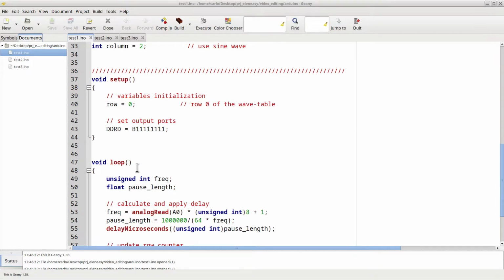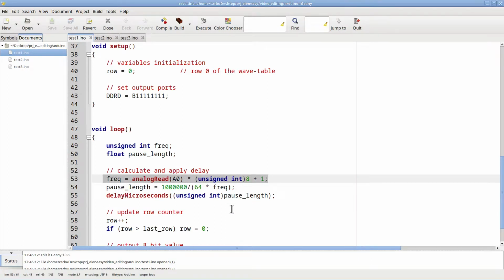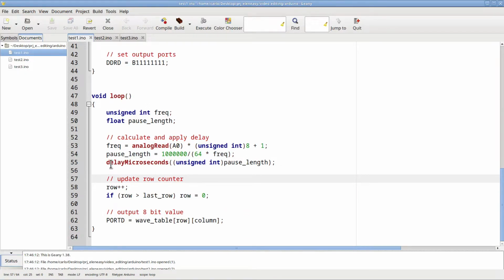The loop function will need to do three things. First, it will need to read the voltage at the potentiometer cursor to calculate the frequency of the output signal. Second, it will need to apply a delay between one sample output and the next, so that the correct frequency can be generated. And third, it will have to write the digital value of the sample to the 8 output pins. That can be done acting simultaneously on all the pins through the internal register PORTD. Let's now go to the lab to see how the use of these two registers helps in the generation of